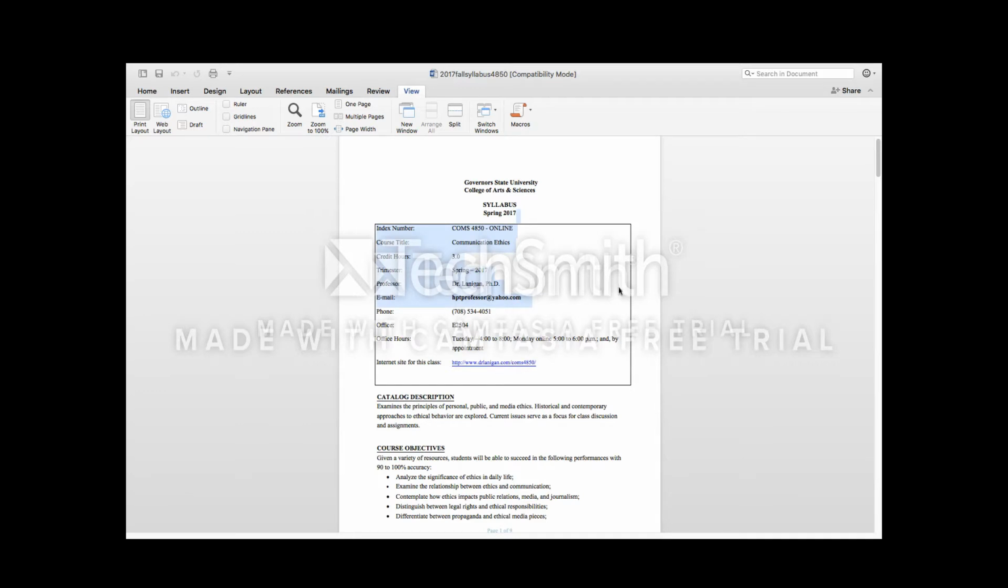hptprofessor@yahoo.com is my preferred contact email because all of the students email me at that address versus at my GSU email. I get all sorts of emails from everybody. So in order to keep track of what is student and what is not, I prefer you to email me at hptprofessor@yahoo.com. You see my phone and my office numbers as well as my office hours and our internet class website,